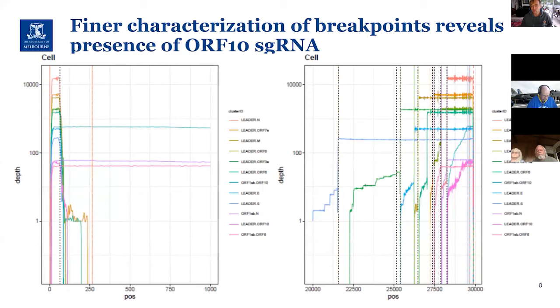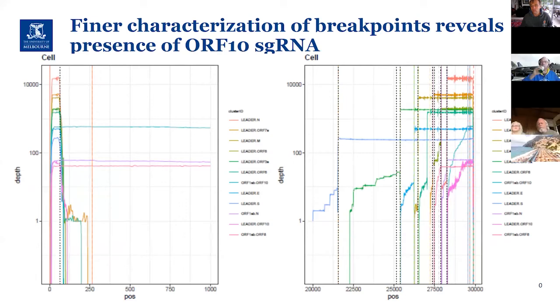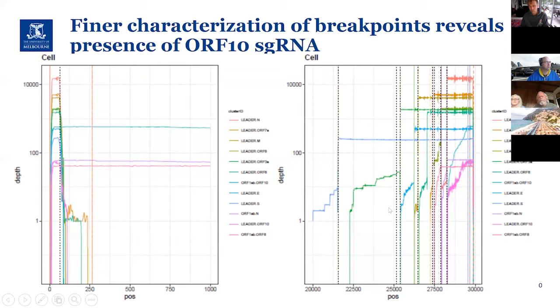So just zooming in, this plot simply zooms in on the previous plot, both on the 5' end and also on the 3' end. The 5' end is on the left, but the colors match between the left and the right. The middle bit is in some way less interesting because it gets spliced out. And so you see that the leader sequence has a very strong break there as well. But there are these extended leader sequences carrying out past 100 base pairs and past 1,000 base pairs, in fact. And then on the right-hand side, this is on the log y-axis, I should say, you see that many of these